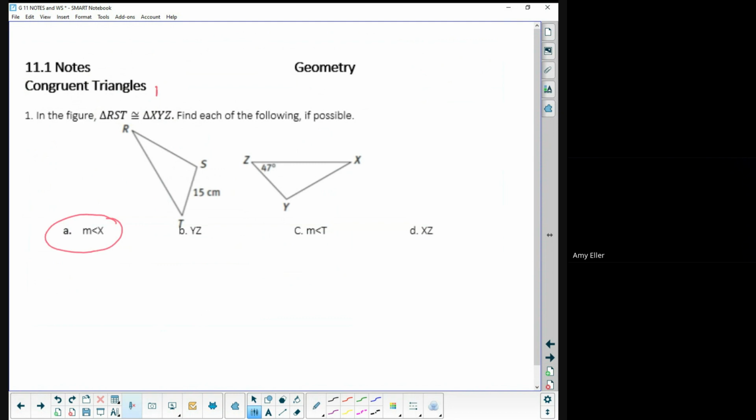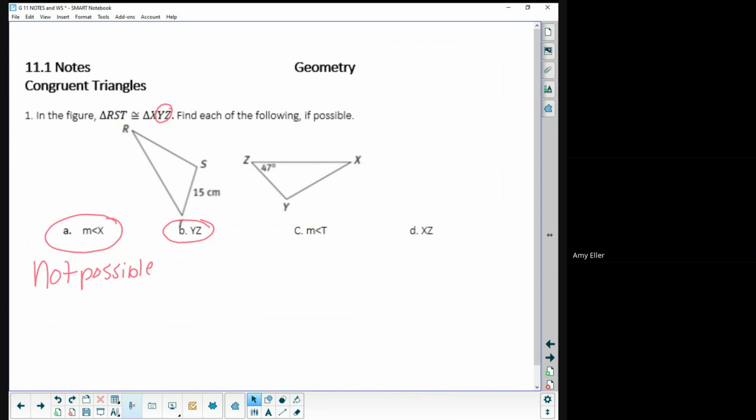Okay, so angle X is listed first. That means angle X matches angle R. Do we know either of those? No, we don't. So it's impossible to tell how big angle X is. So we'll write not possible. Next, they would like to know how big YZ is. Let's find YZ. That's a side. So if I have side YZ,